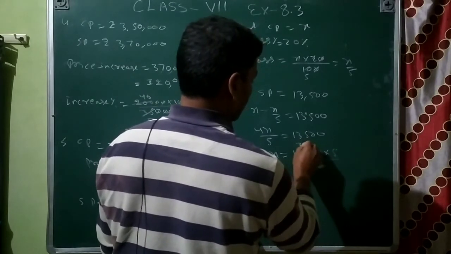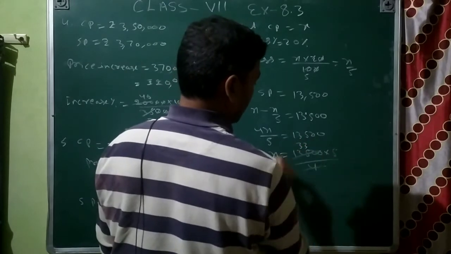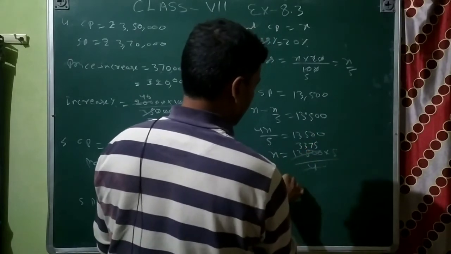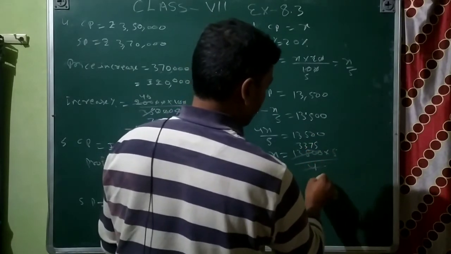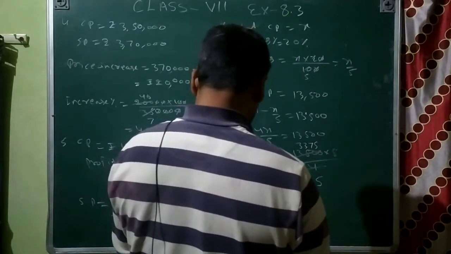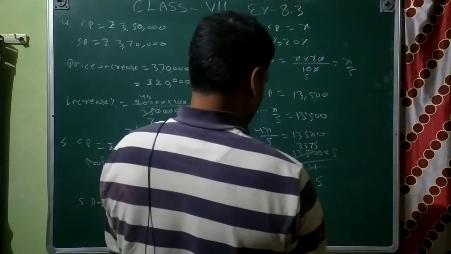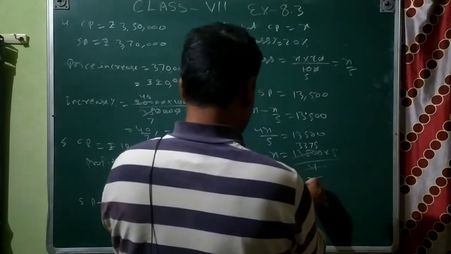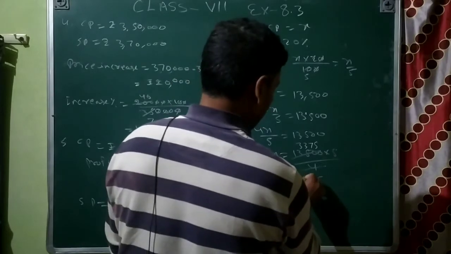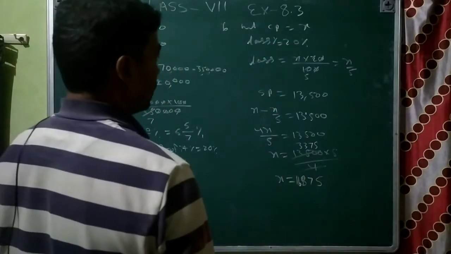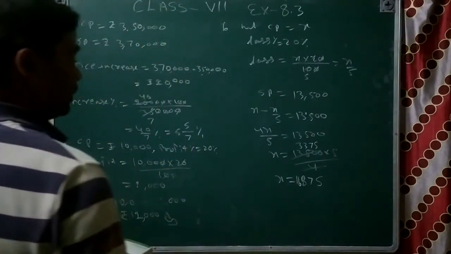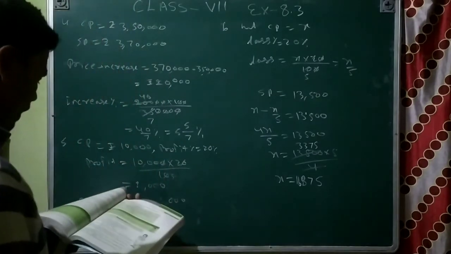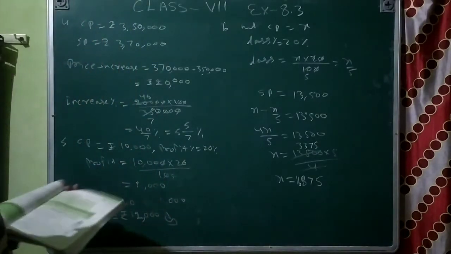So 4 3s are 12, and then 4 3s are 12 again, then 3 4 7s are 28, 4 5s are 20. So that x is equal to 5 5s are 25, and 5 7s are 35, 36, 37, and then 816. That is the actual, this is the CP. It means she bought it for 16,875 rupees. And then 7th question,